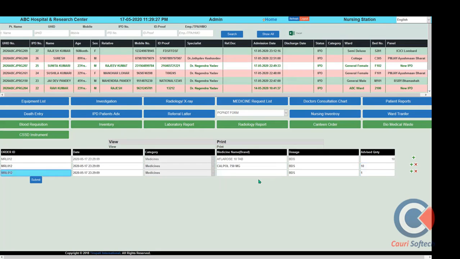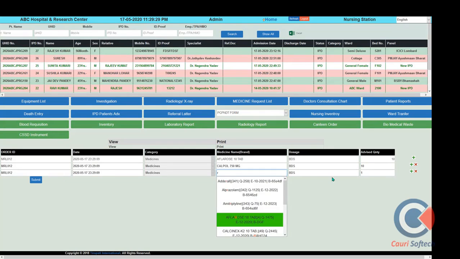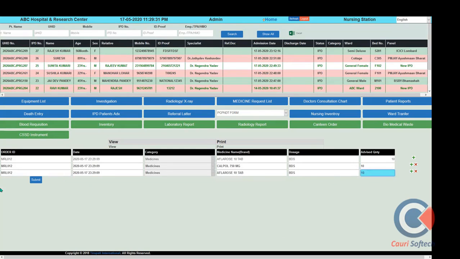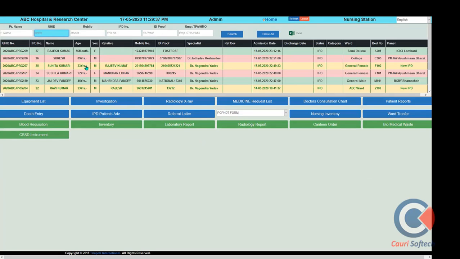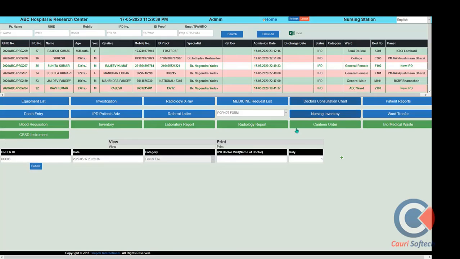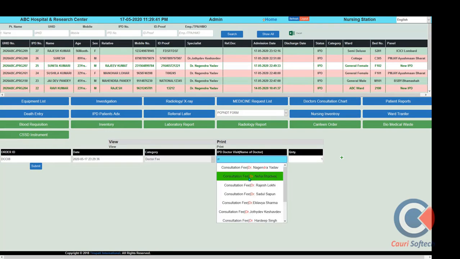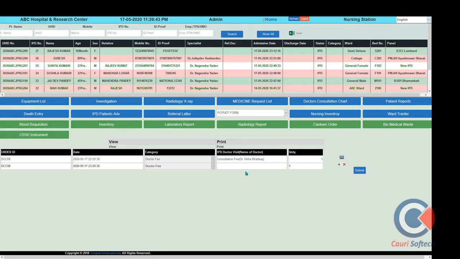and the medicine issued through the medical section will come to the billing section here. This is the section for the nursing station, where various kinds of services are put through the billing of a specific patient. At the time of a doctor's visit, we can add to the same patient different doctors' visit entries. They come to visit the patient during the admitted time. The quantity of visits we can put here.